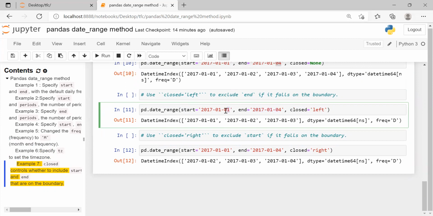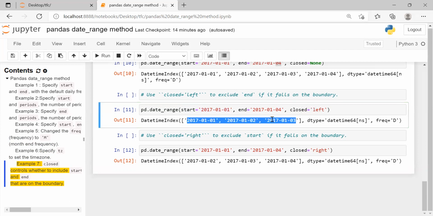So dates will be generated as 1st January 2017, 2nd January 2017, 3rd January 2017. Note here, dates were given in the datetime format, 2017-01-01. This first is year, second is month, third is date.